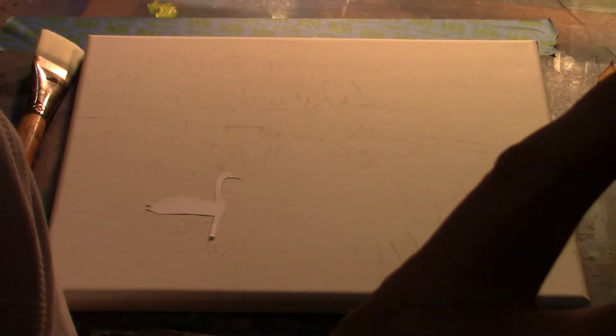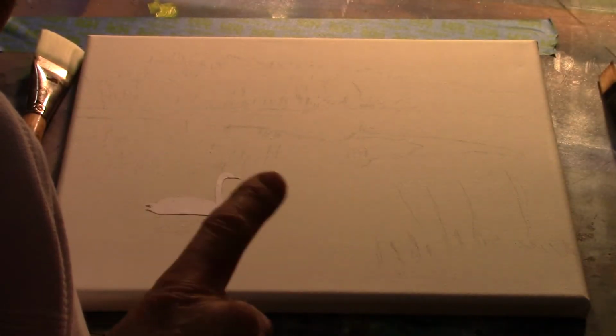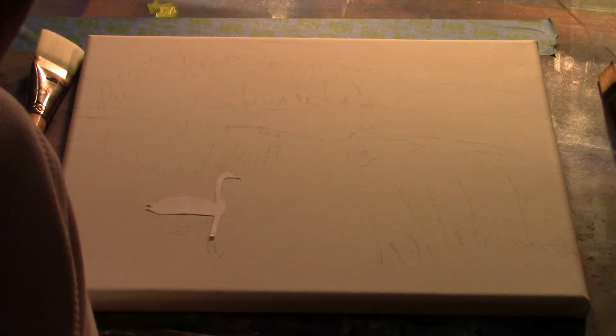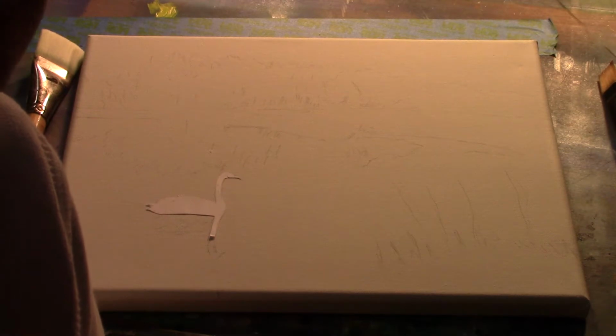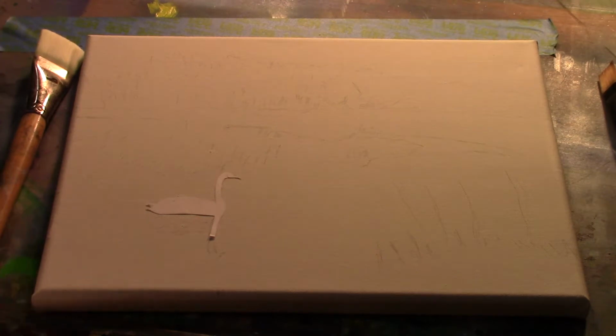Now you notice too that I did a little stencil of the swan because I'm going to spray the water with an airbrush. So now I've already yacked on for about a minute, and now I got that much less time to paint it. Now that noise in the background is the compressor for my airbrush, so you know what it is. Hopefully you can hear me. It just goes off because the airbrush leaks. So